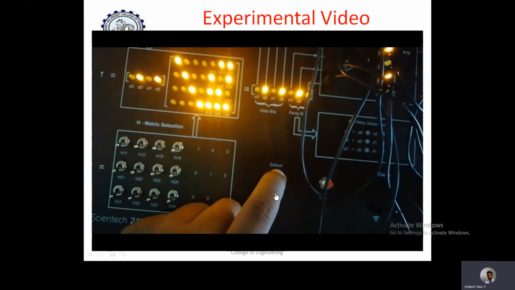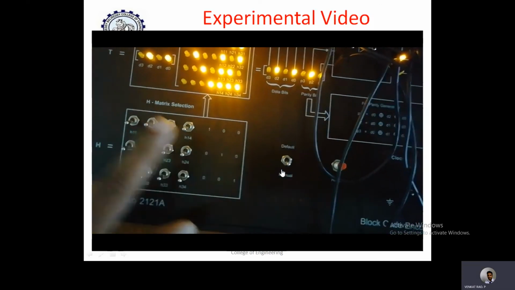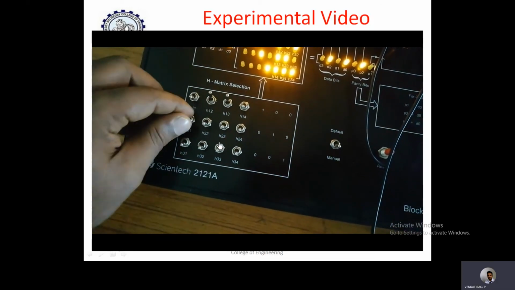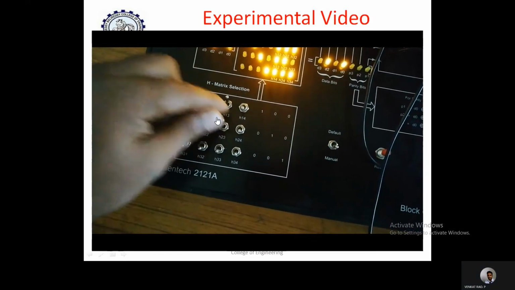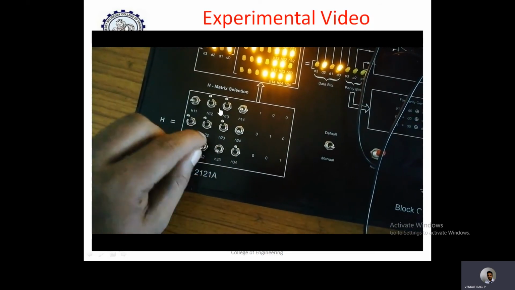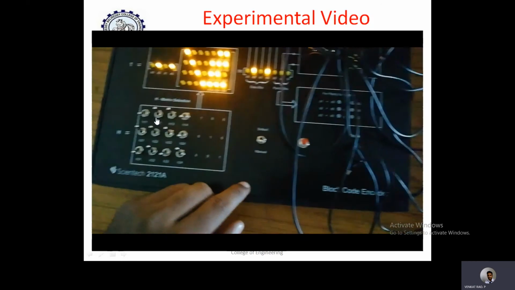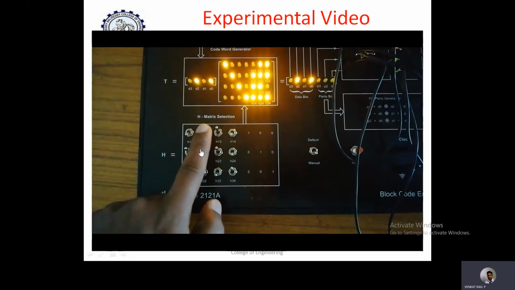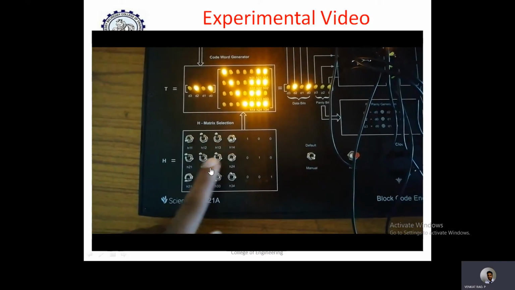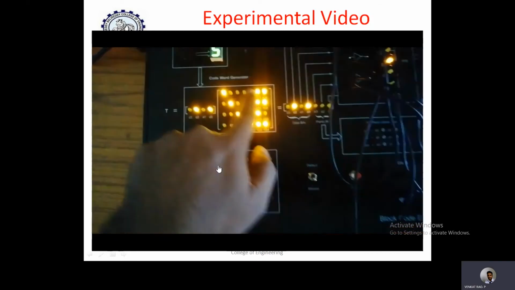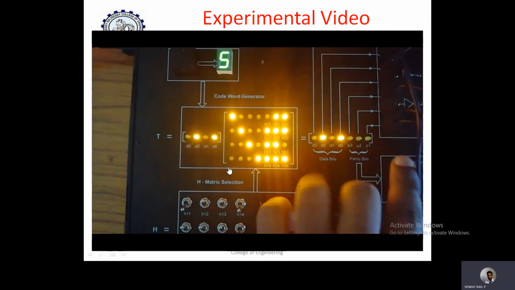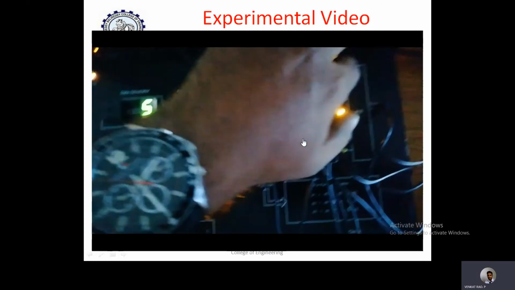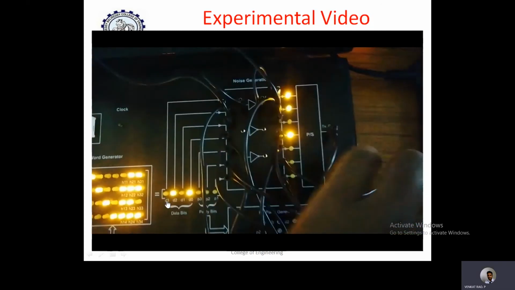But when you want to do the experiment in the manual mode, then we need to select this H matrix. How the H matrix is selected means there are some rules here. Minimum 2 ones must be in each row, and no rows are the same with respect to another. Every row must be different. Like that, you can select the H matrix here. The same selection must be made on the decoding side also. Automatically the H matrix selection changes, the generator matrix also changes, the output code also changes, but the same error is coming from the first bit position.